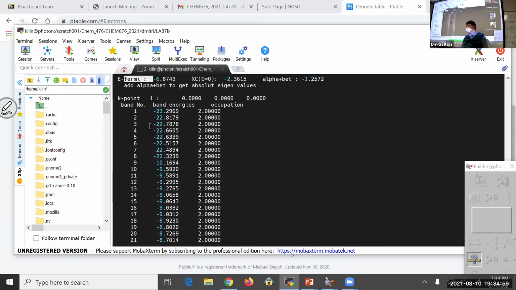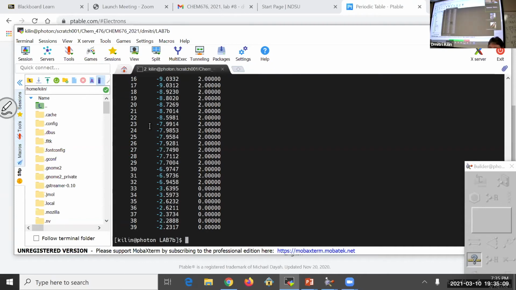And I already know the number of bands, so I'll take the number of bands plus whatever is here. So it is just a way, like if I would do your previous homework, instead of scrolling OUTCAR, I would do this command. Now, same as in Gaussian, for making density of states, we need to save this list of